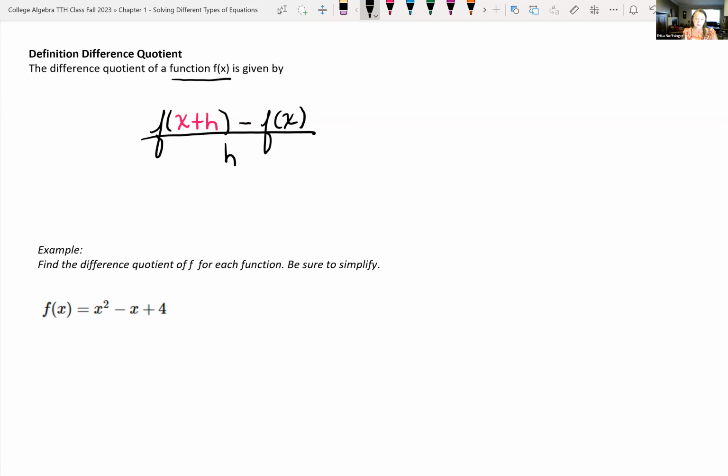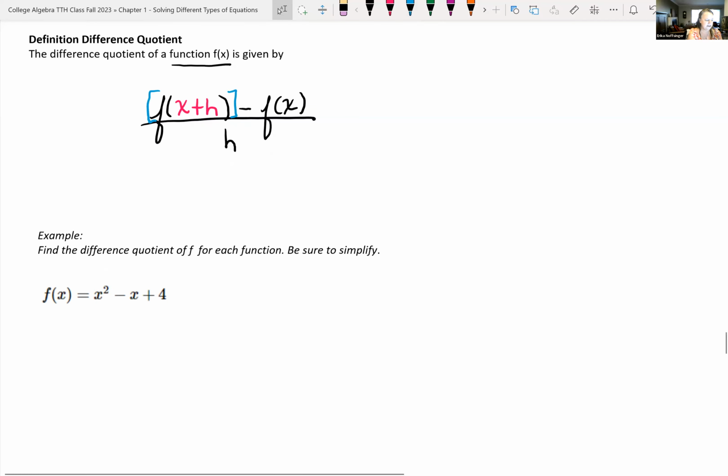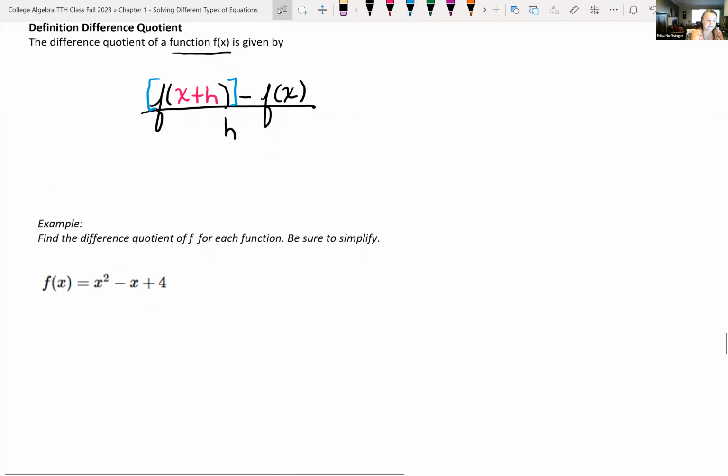The problem that most students have is this first piece of the difference quotient, which is this f of x plus h. In the beginning, when you're doing this difference quotient, sometimes breaking it down into pieces is helpful and then putting it all together. So let's look at the example below. It says, find the difference quotient of f for each function and be sure to simplify. So the first f of x that we're given is x squared minus x plus 4. So if I was looking at f of x plus h,